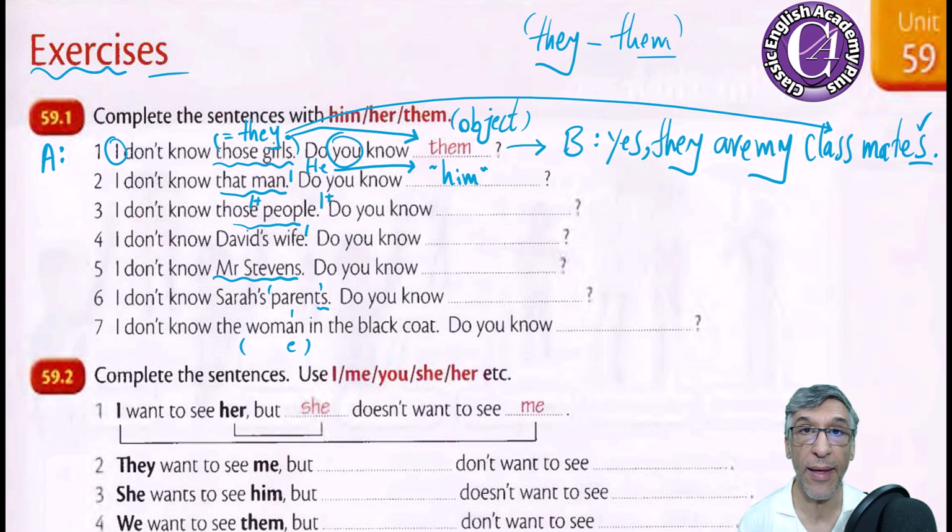Do you know them? Again, if you like to say, "Do you know those people?" you are somehow emphasizing. If I say, "I do not know those people." Do you know those people? Do you know? Do you really know? Okay, I am emphasizing something. You say, yes,